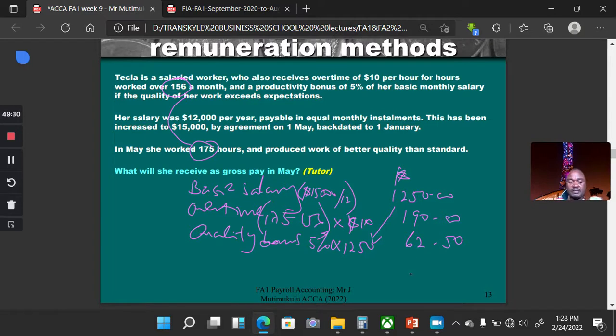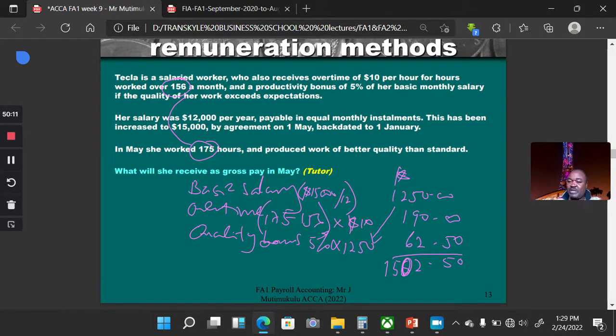So that's the amount. Let us add it up. 1,250 plus 190 plus 62.50, so 1,502.50. Okay, but we're also told that in this particular May, that's when the increment occurred,